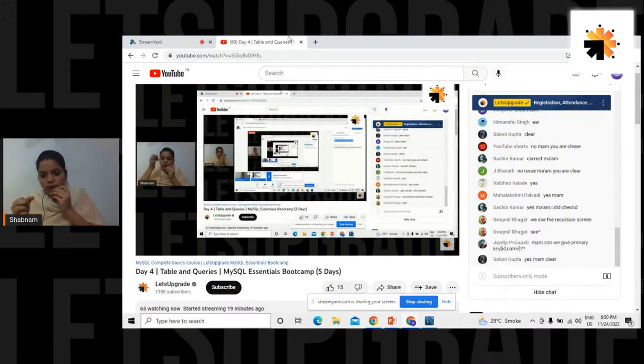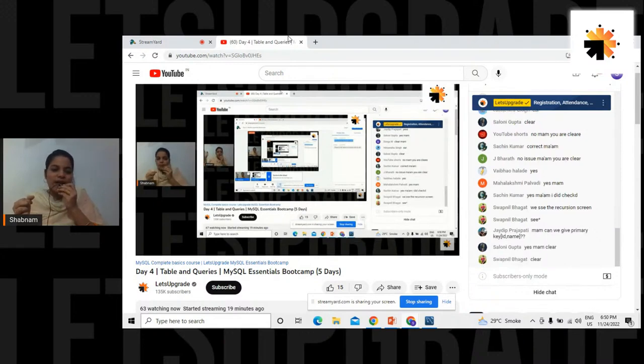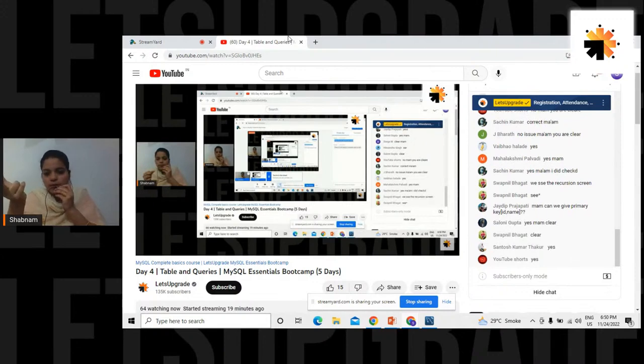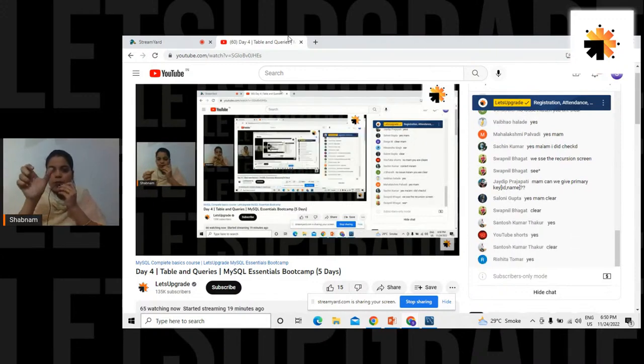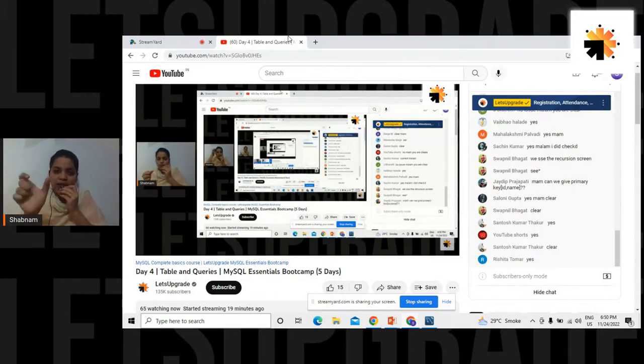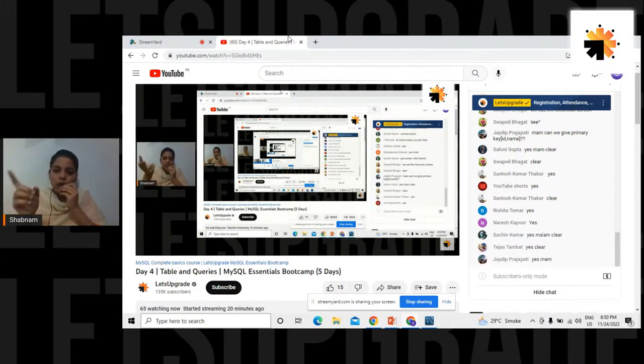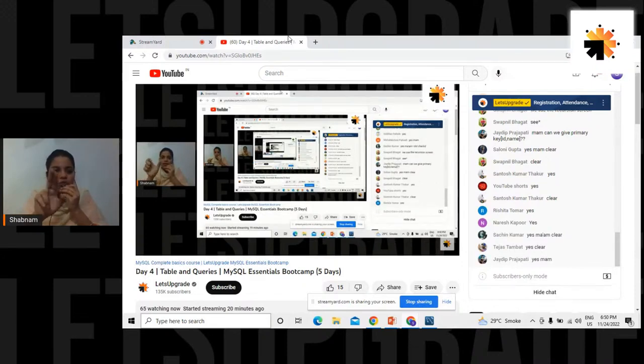No, Jaydeep. For ID and name to be given as a primary key, we have to create them together as a candidate key. You have to combine them both and create a candidate key. Primary key can be only one. Although we aren't discussing candidate key here, that's beyond the scope, but I still gave you an idea. ID and name, two columns together cannot be a primary key. You have to combine them and make it a candidate key. Anyways, please come back to the point.